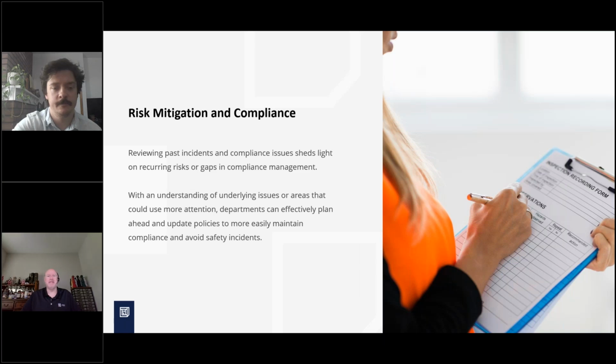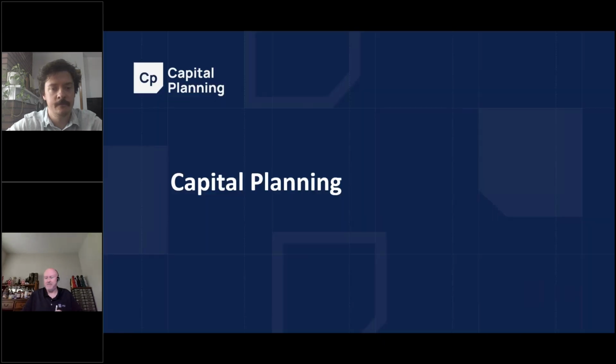Also with risk, looking at incidents. When you're looking at a piece of equipment, potentially when you're setting up an AEM program, an alternative equipment maintenance program, or something along those lines for your HTM department, if equipment fails often and you're tracking that, you might not want to put it in that type of program. Or you might want to look at what could be used for an AEM program if there aren't any incidents for that particular device type or new device. So when you really understand what equipment functions properly, and mostly which ones you have problems with, and which makes and models you have problems with, you can plan for replacements of those, as long as you're capturing those in your CMMS. And that's what we're going to take a little bit of a look into now, the CMMS, and specifically